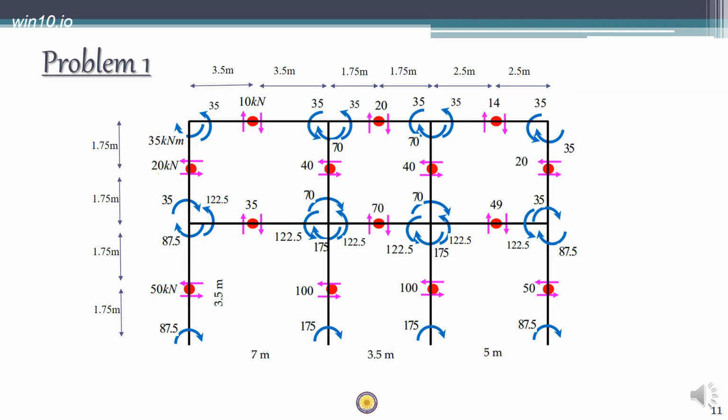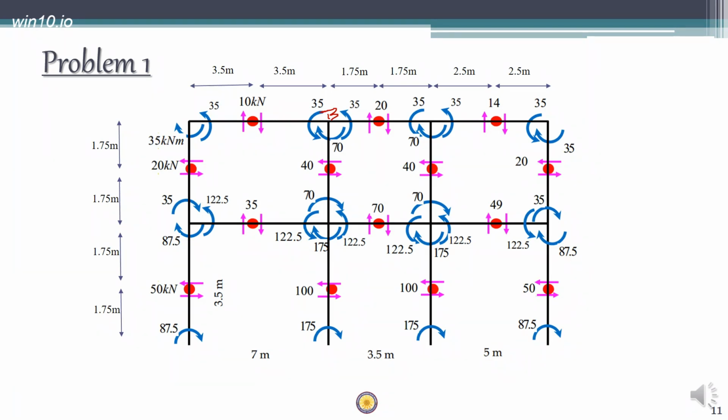You can see we started from here with this joint A, then we come to joint B, then we can move on to joint C as well. So joint C, there is a 20 downward, which creates a moment of 20 into 1.75, which is 35 anti-clockwise. Base column shear is 40 to the left at a distance of 1.75, which means that it creates a clockwise moment of 70. The net moment at this point has to be 0.